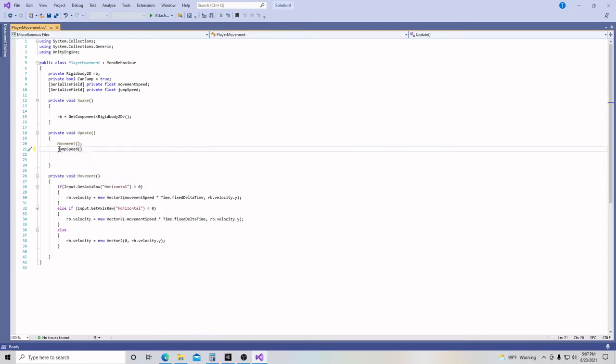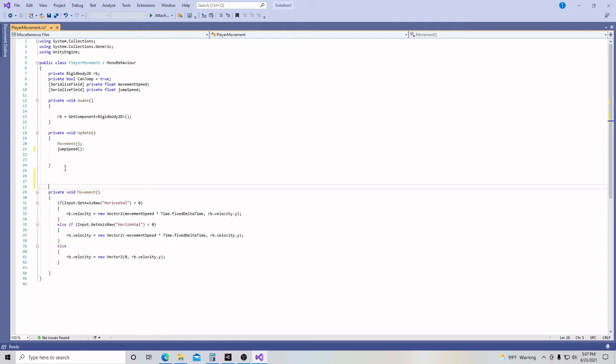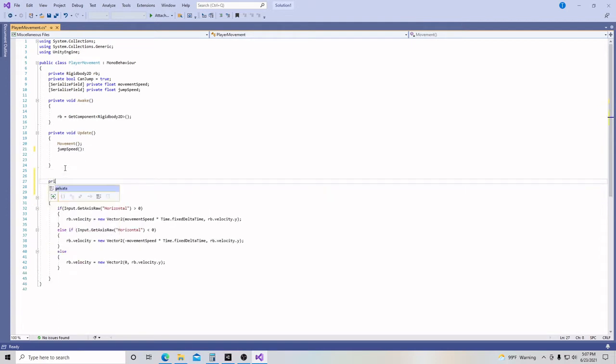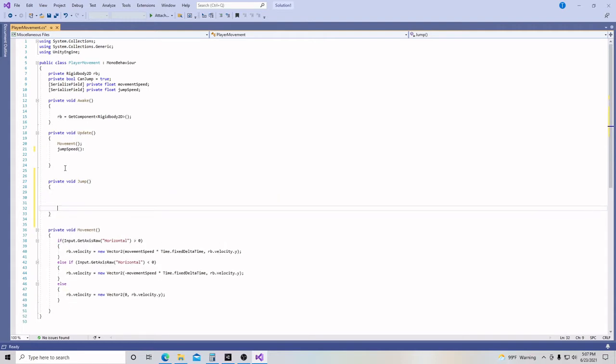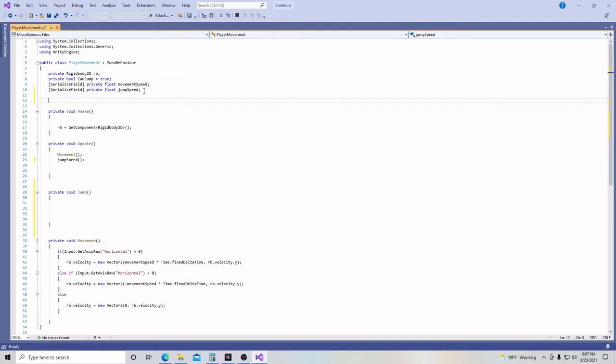We're going to call this one jump, and right above our player movement function, we're going to put our jump function. Now we need to add some new definitions up here at the top. The very first one, we're going to copy and paste this right here. And with serialized field, we're going to have a private float, and we're going to call this ray length,